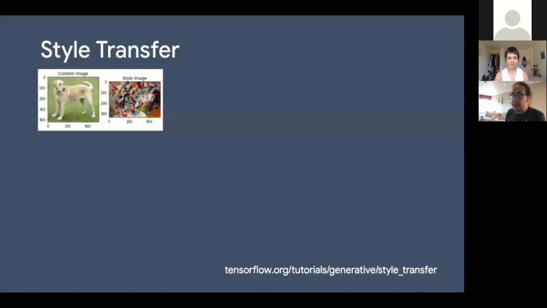Let's start with a very dear to me example. It's style transfer. So style transfer is basically, you have two images, a content image and a style image. Here the content is an image of a dog, and the style image is a painting from someone famous. And what style transfer does is apply the style to the content image. So it makes the content image seem like it was painted by the same person that painted the style image, somehow. It's a transformation. And we have this model on TensorFlow Hub, so let's see how hard it is to use it. First of all, what you need is the link to the model.